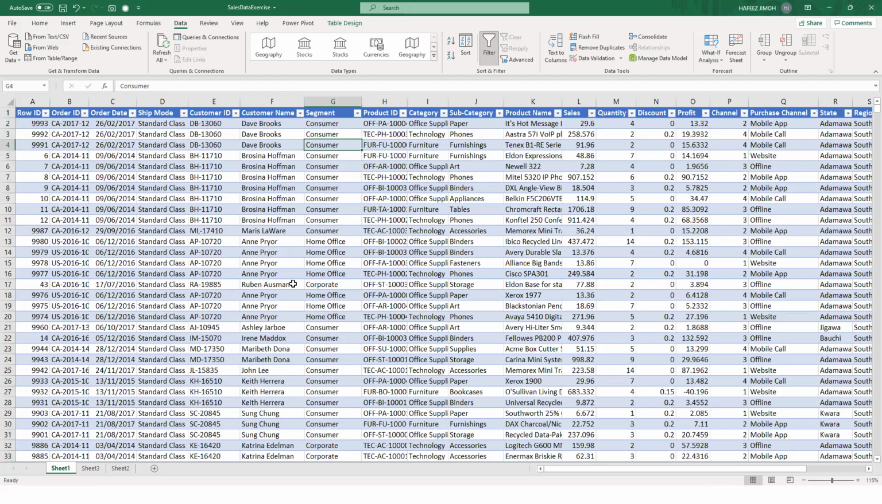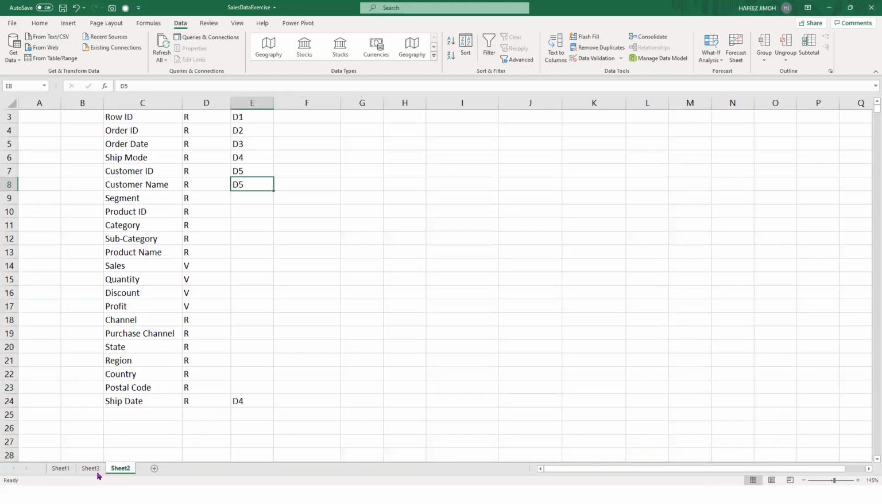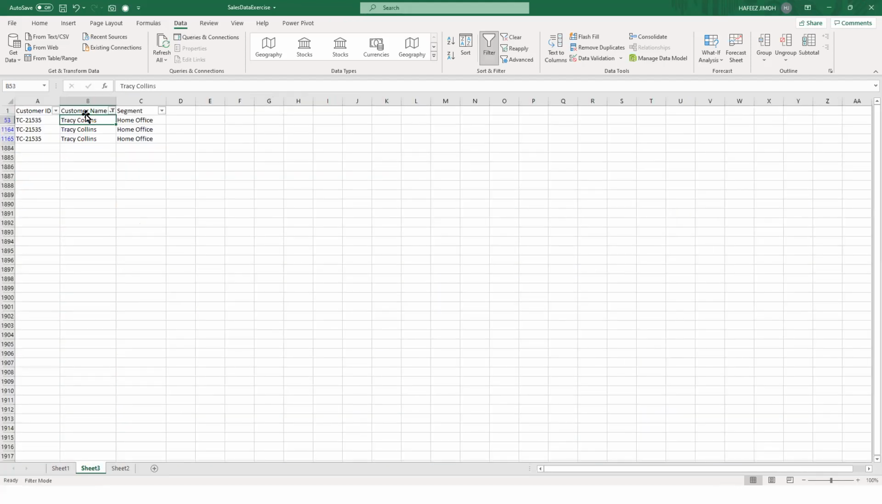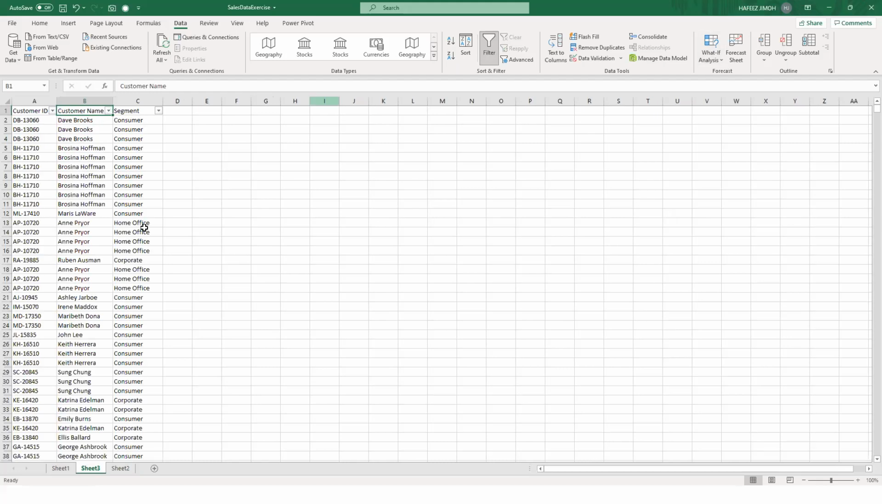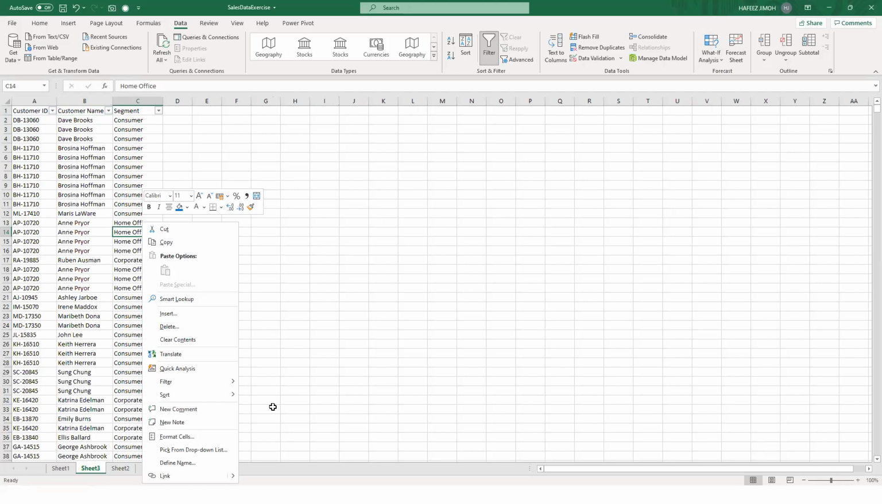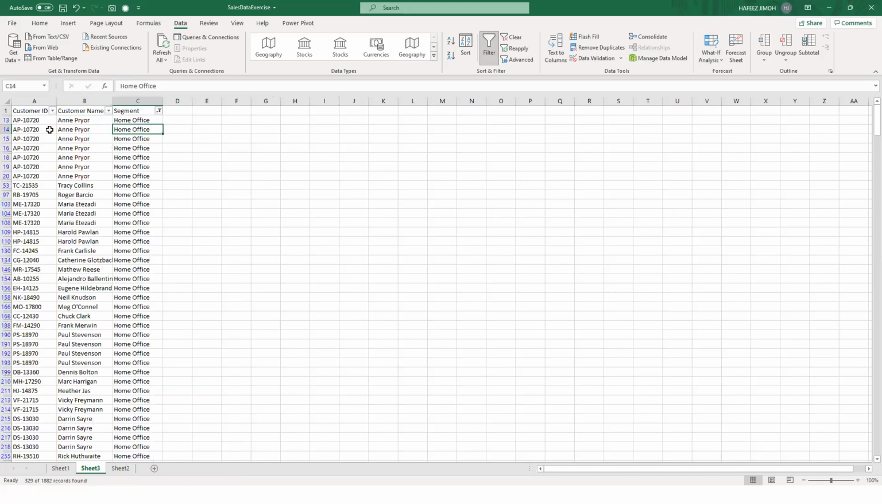Because what this means now is that I can have 5 customers under a particular segment, just as we have seen now. If I try to do this and I filter this and I check home office, I just want to see all customers under home office. Can you see now that under home office, I have several customer names and customer IDs. Just like under a country, you can have several states. But you cannot have a state that belongs to